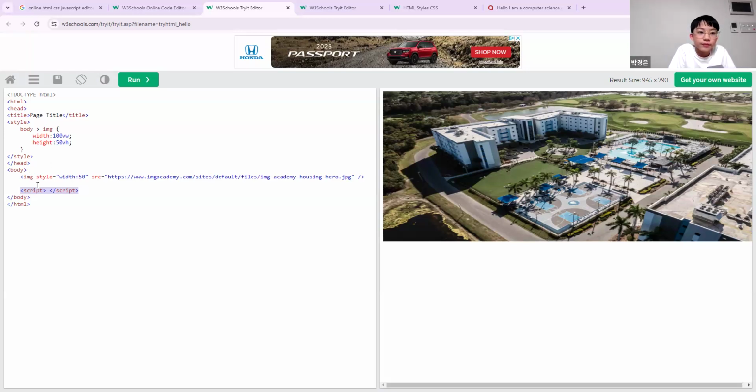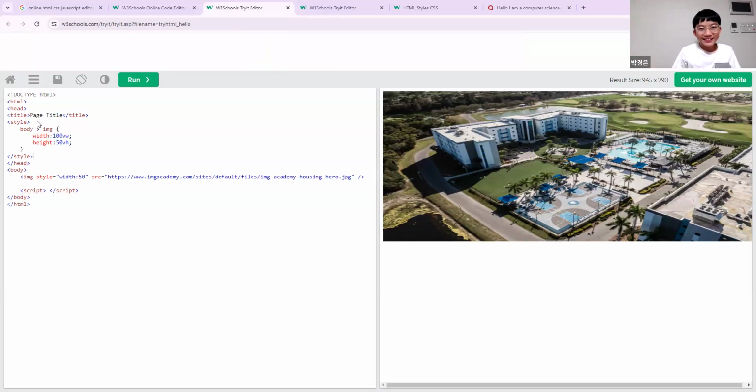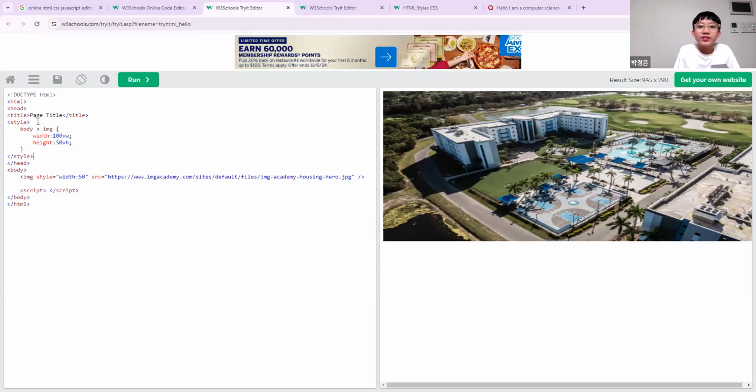So why are we changing and putting script inside of the body and not inside of the head? I think script is a movement, not a command. Like, okay, so head is just like